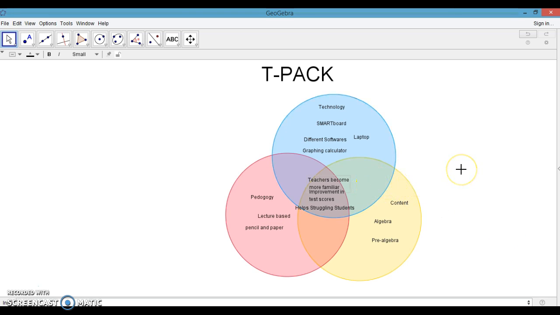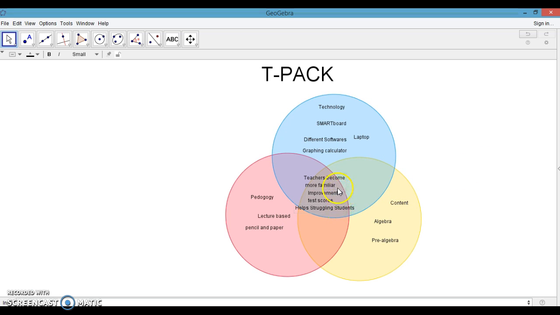But when people guided them through it, and the more familiar they got with technology, the better it was for students, because teachers were learning how to use technology to teach the students, and then the students were learning from being taught using technology. So that's how technology, pedagogy, and content are all intertwined,